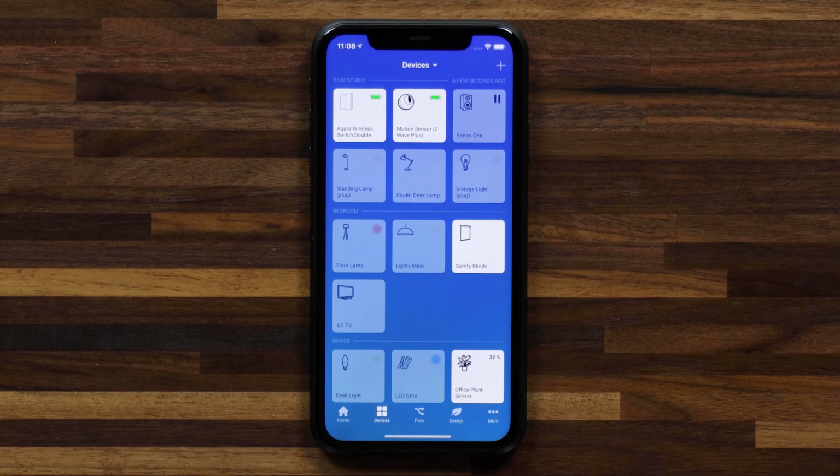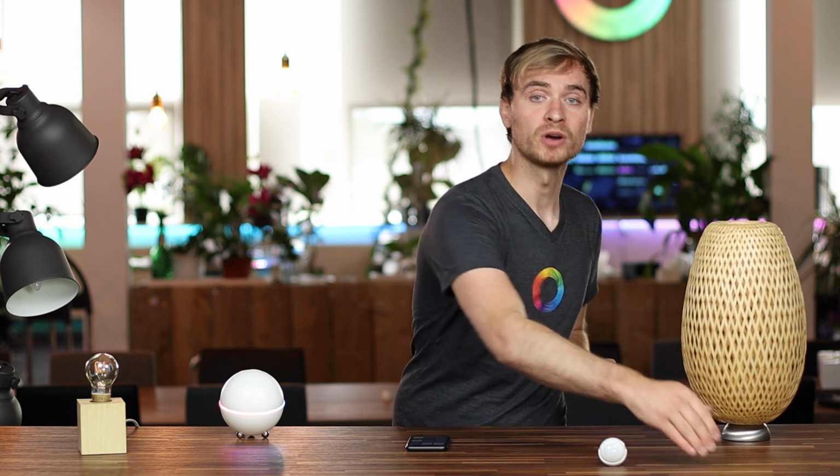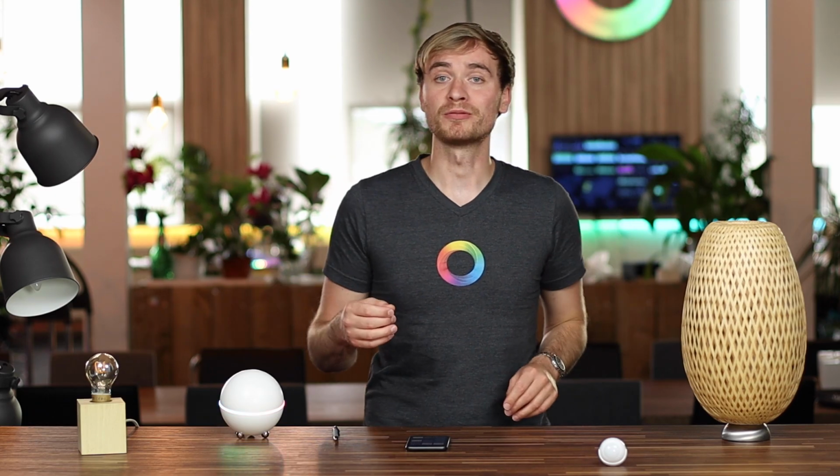Now, without adjusting anything to those flows I created, if I now wave my hand in front of the motion sensor, the zone becomes active and the lights will turn on. And this works with motion sensors as well as door window sensors if you have them set up in those zones. So now I don't need to play with those flows. What will happen is in 5 minutes, if this zone remains inactive, the lights will turn off again. 5 minutes later. So in the meantime, the lights have just turned off while I was creating a quick security-oriented